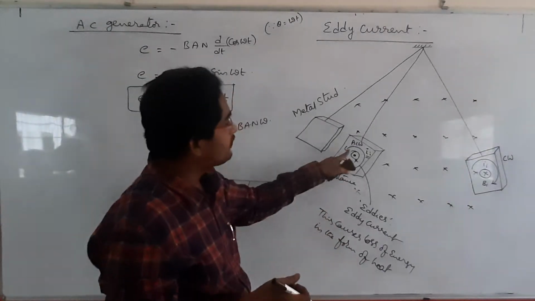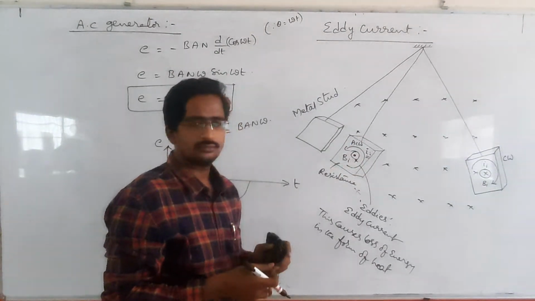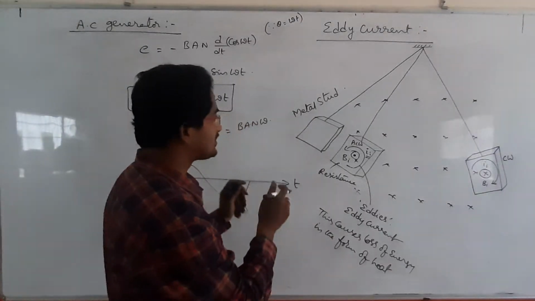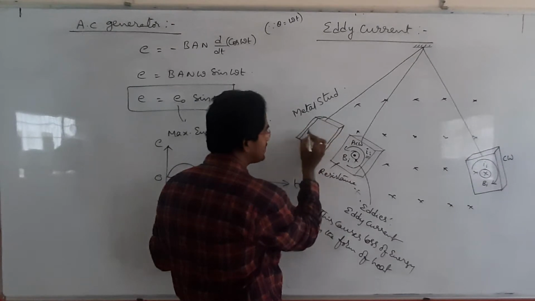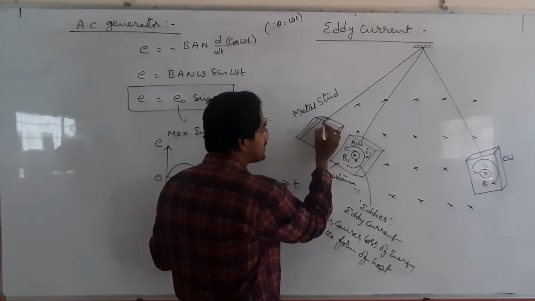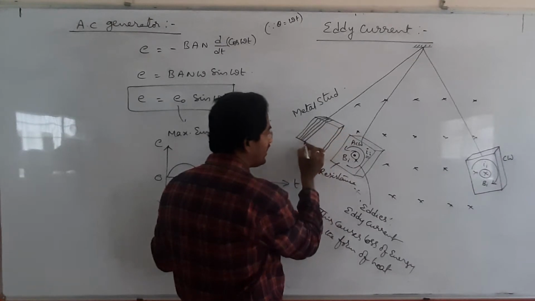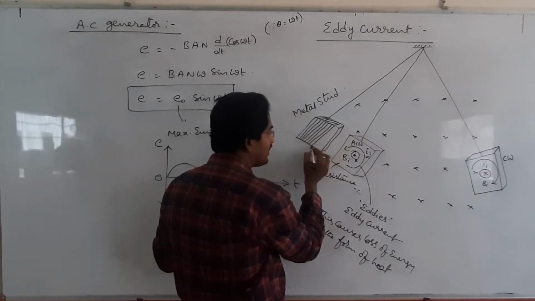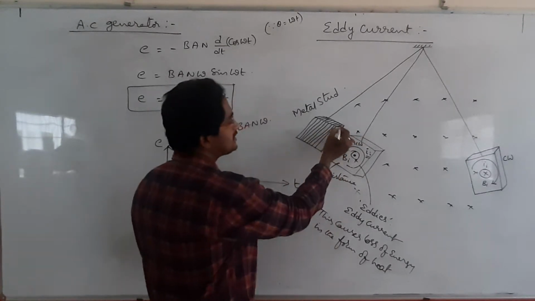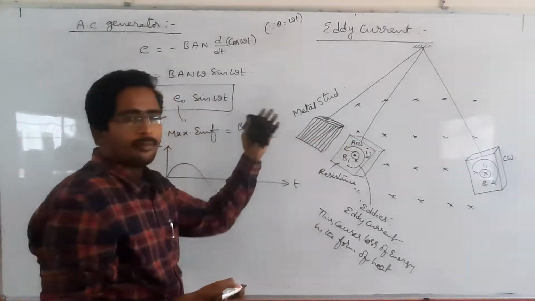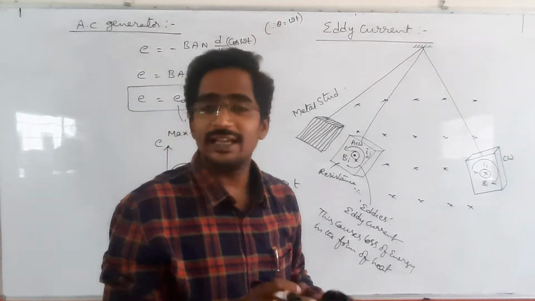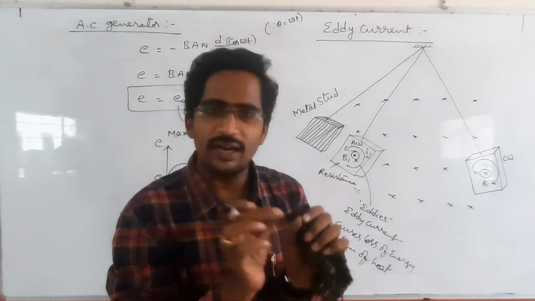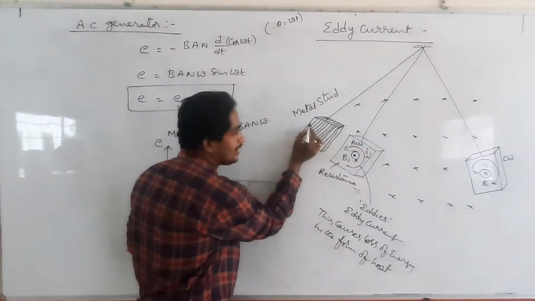For that, instead of using this type of metal stud, if you use a lamination of metal sheets like this. Metal plates are attached to each other, all laminated well with insulating material between them. There is no connection between two adjacent metals here. If you use such a metal stud, it is not a single metal stud, it is a laminated metal stud. Plate to plate we separated. By that, the area available here is less.